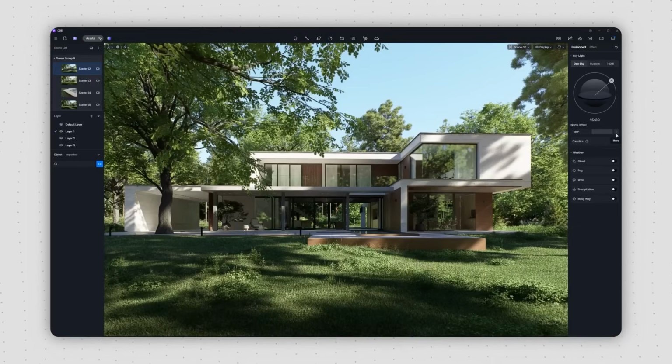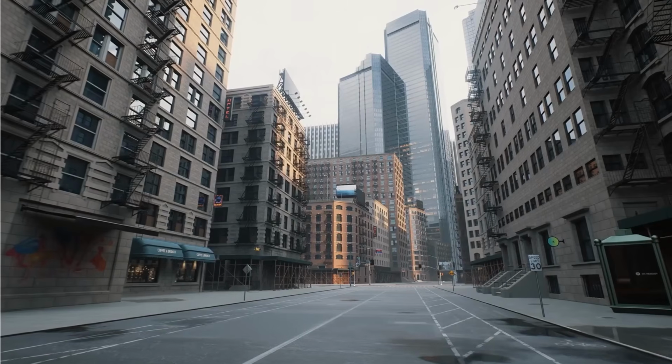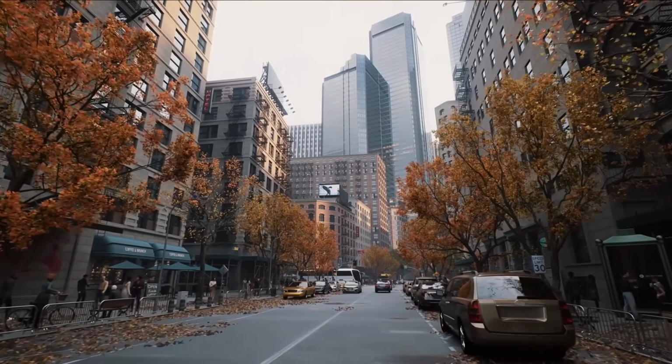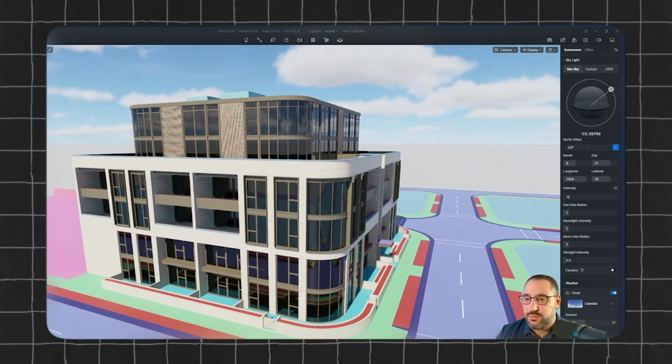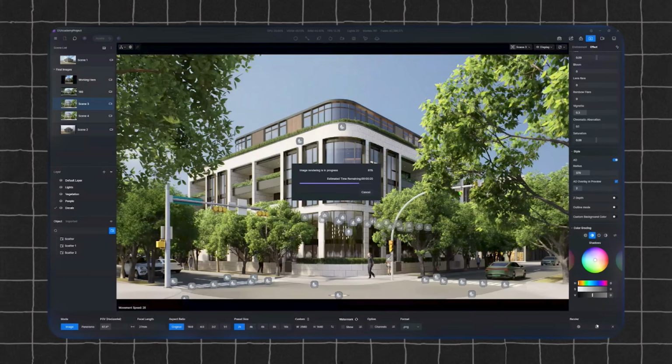You want to learn D5 Render, but you don't know where to start, right? And every tutorial out there assumes you kind of know what's going on, but what if you want to start from scratch? So in the next 3 hours, I'm going to take you all the way from zero to hero. So even if you've never opened up the software, that's okay. I'm going to show you how to get started and all the steps along the way to get your first